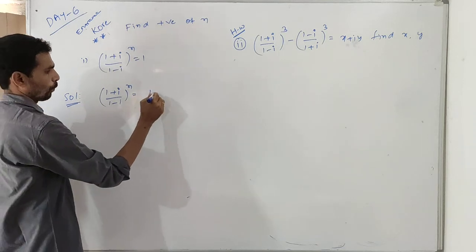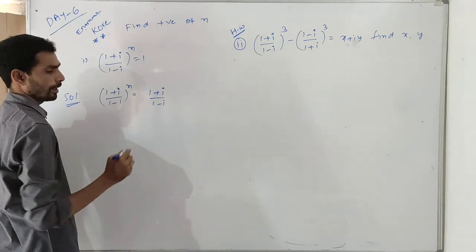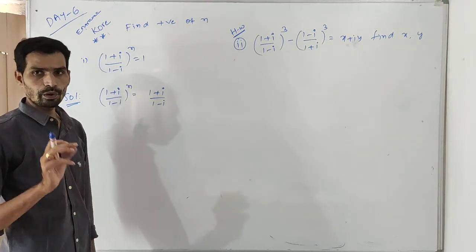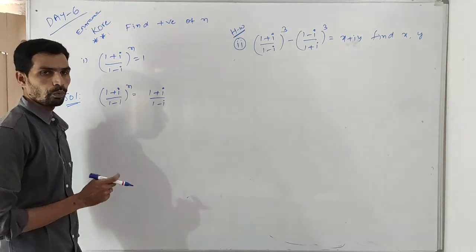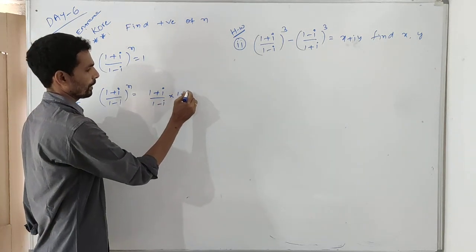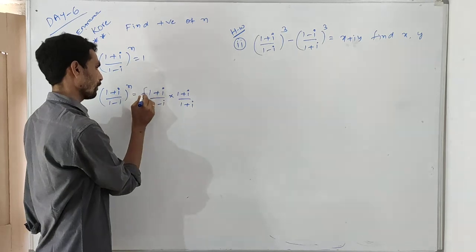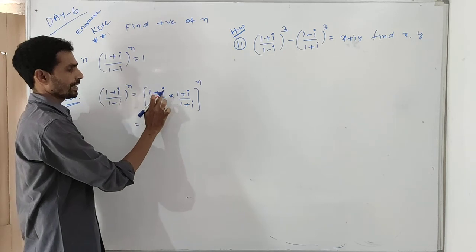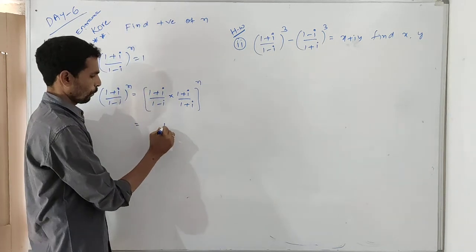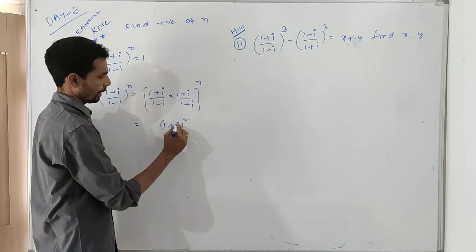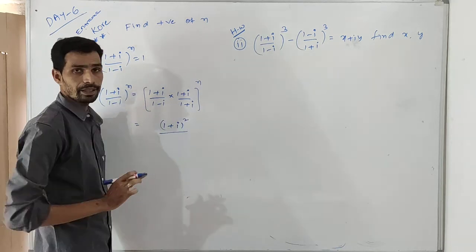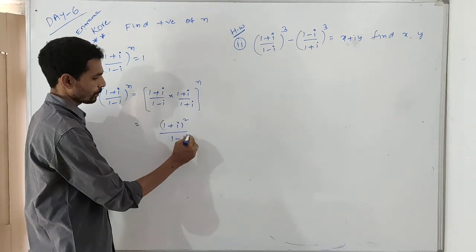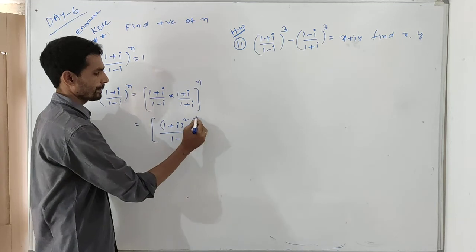It can be written as 1 plus i by 1 minus i. Already we know in a complex number, numerator by denominator is there, and we have to rationalize only the denominator. What is the denominator value here? 1 minus i. So rationalize with 1 plus i by 1 plus i, whole to the power of n as this. Now the numerator is 1 plus i into 1 plus i, 1 plus i whole square. The denominator is a minus b into a plus b, which means a square minus b square. The a square value is 1, the b square value is i square, and the power n is as is.